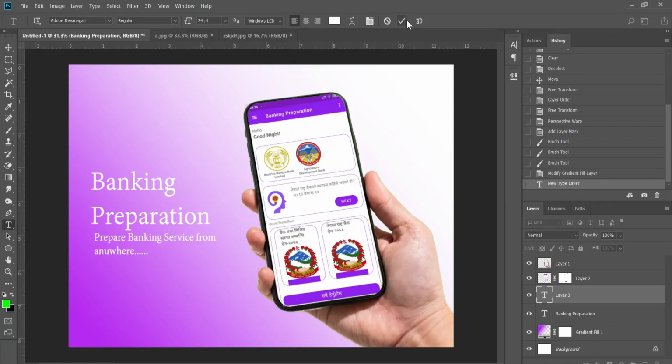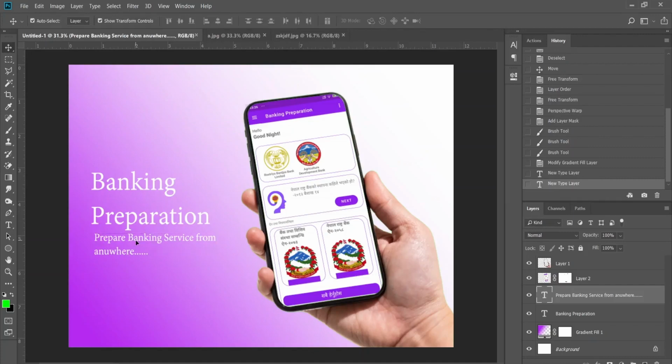Click on this icon, click on open, and then